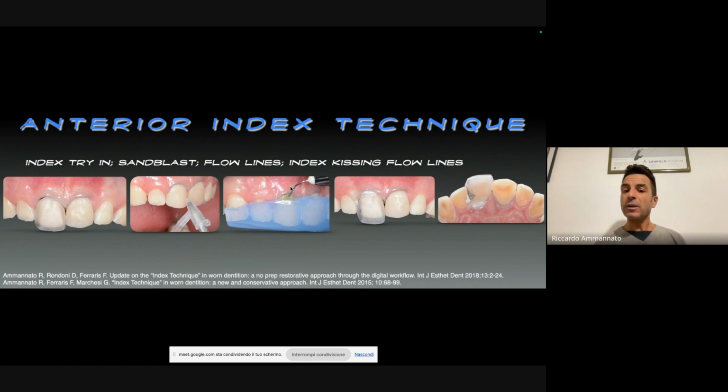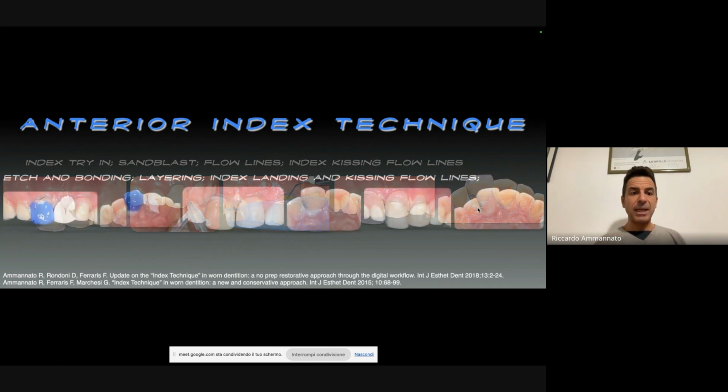The patient wanted to maintain, I didn't mention this, the diastema that he had. So that was his desire. So you will see at the end, that's why here I didn't place any protection, no Teflon, no matrix, because we had the space, there was a diastema, there was a gap. And so we are checking, however, the correct landing of the index, kissing the stabilizers, okay?